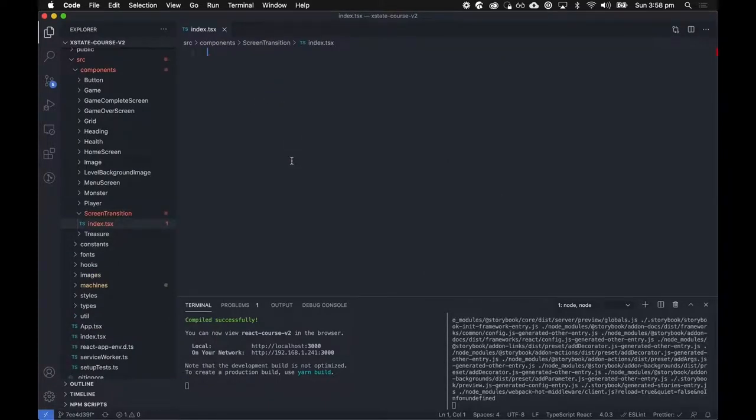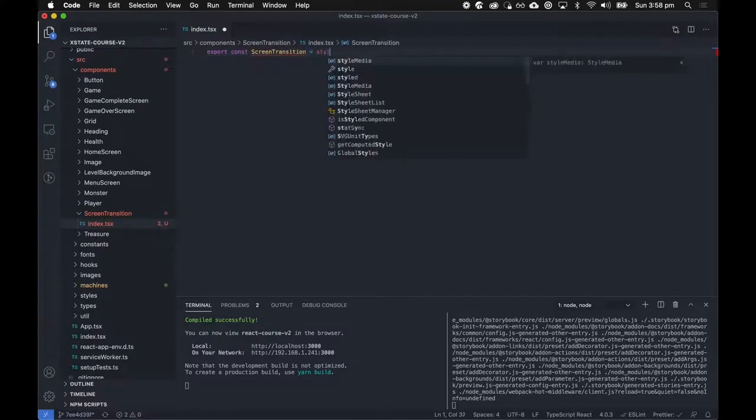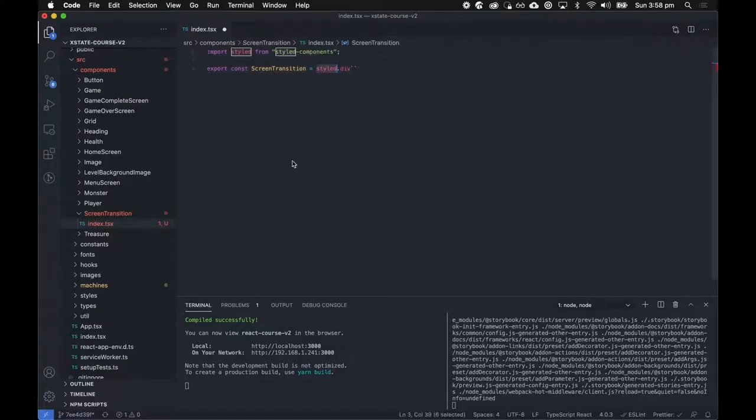And this is just going to be a style component. So export const screen transition equals style.div, and import style components. And this is going to be width 100%